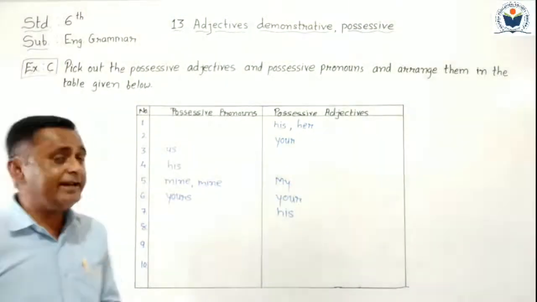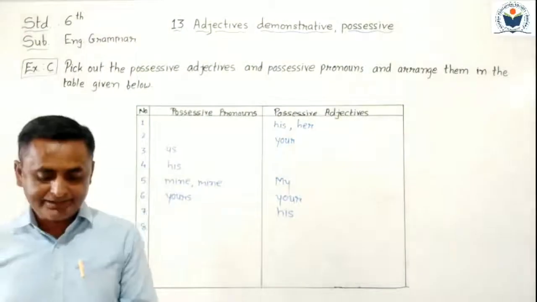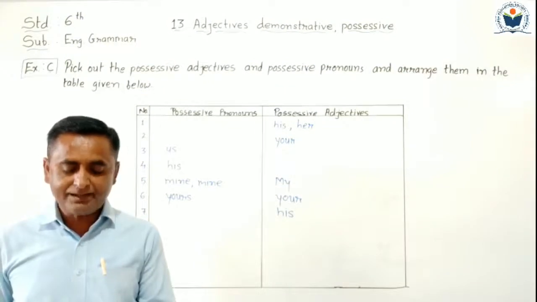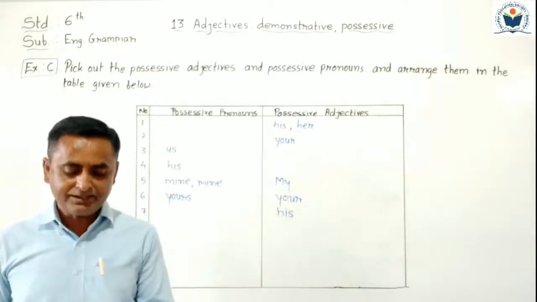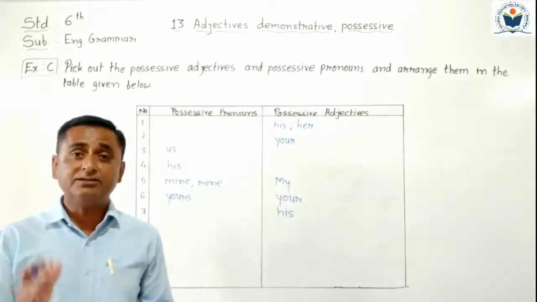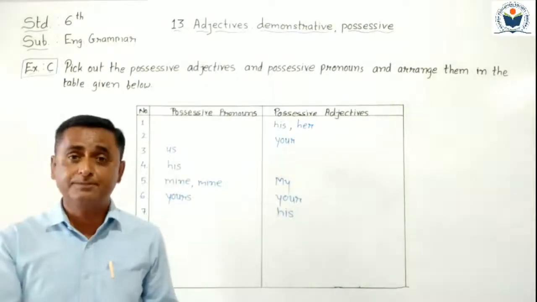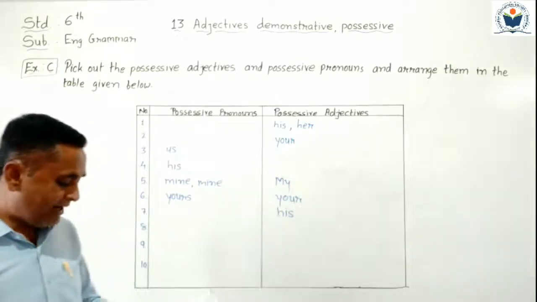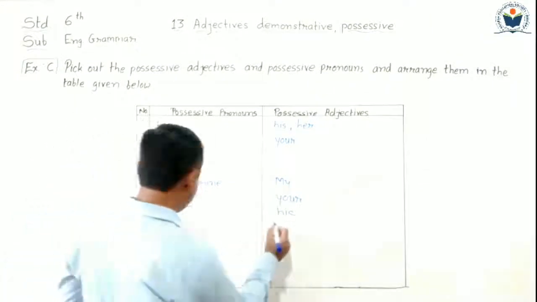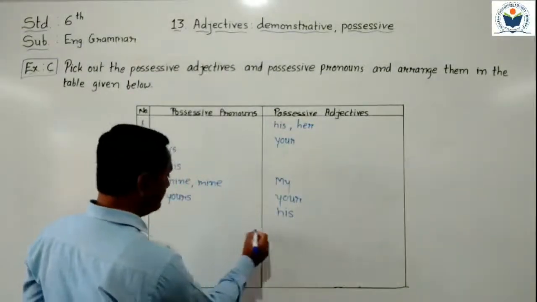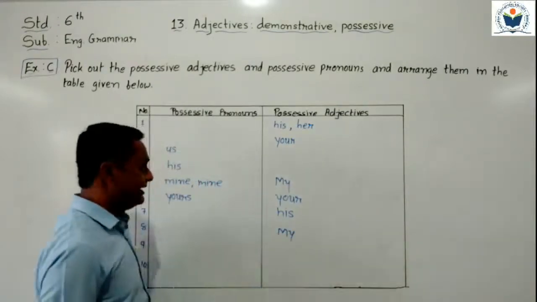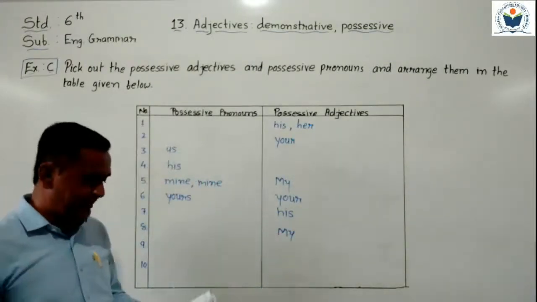Now sentence number 8 we have to see. My habits are not perfect, but they are better than yours. Here the first sentence started with my habits. Here my is followed by the noun habits. So my is used in the 8th number sentence as an adjective. Possessive adjective my is used in sentence number 8.